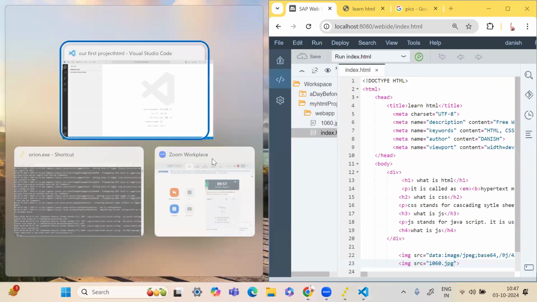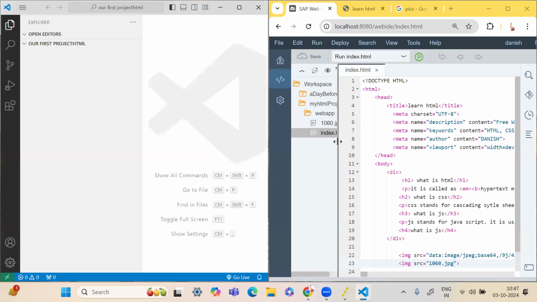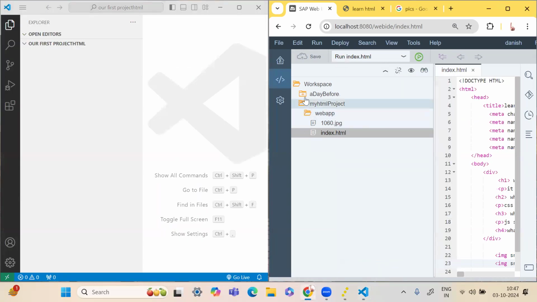Let me put that in the half window and show you how the two things look. You see, there is the workspace. And here you don't have a workspace. You directly have this my HTML project, which is equivalent to our first project. And then you added a web app folder. I also add a web app folder over here, web app,